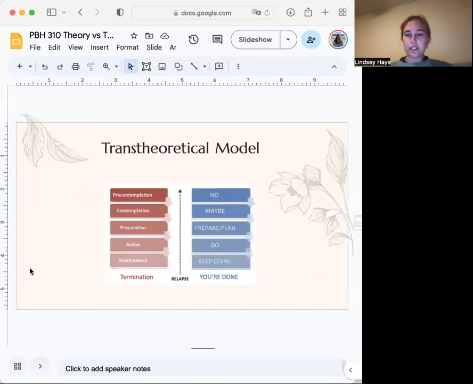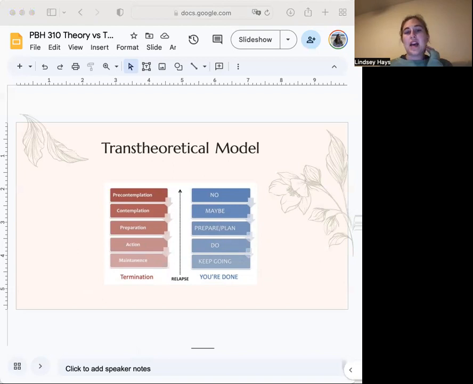So the first theory that I'm going to apply for quitting vaping is the transtheoretical model. This is an individual level theory. For the first stage, there is no intent of quitting that behavior: the pre-contemplation phase. This would be a teenager who's vaping every day and has constantly used their vape,